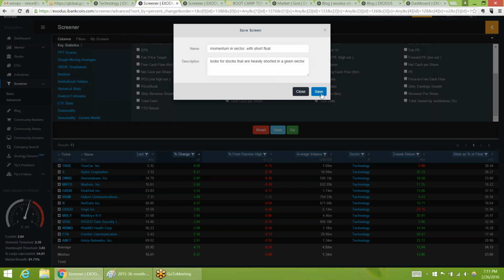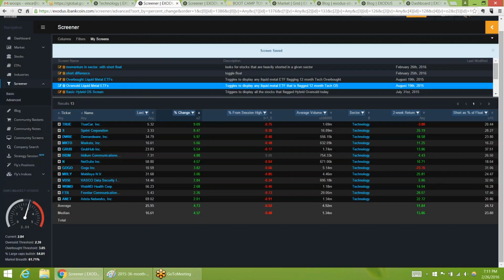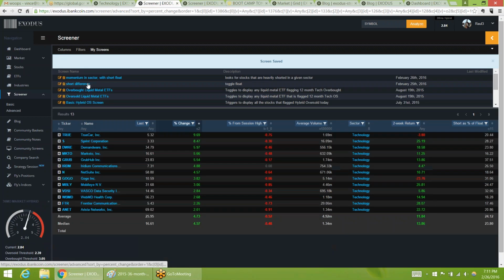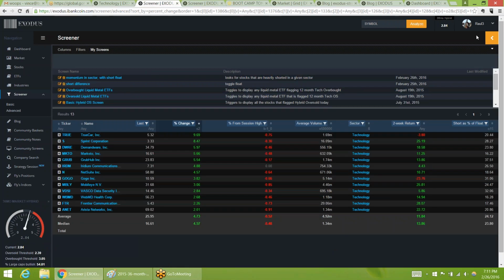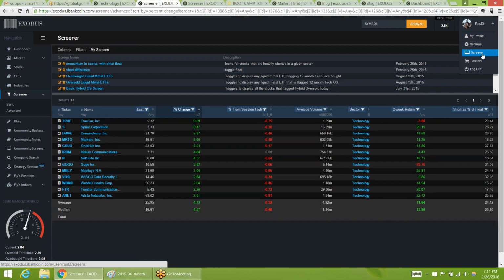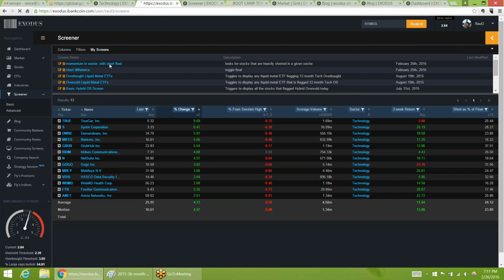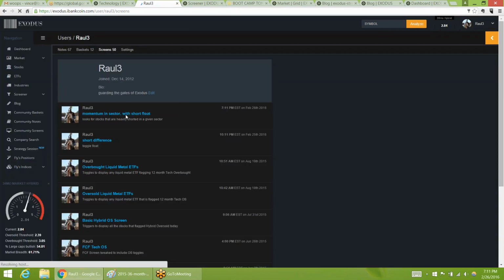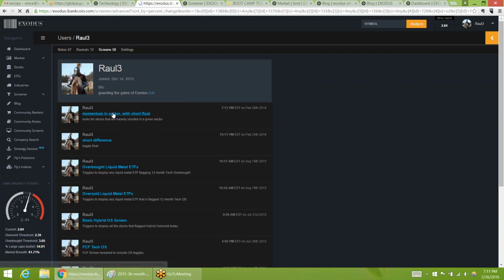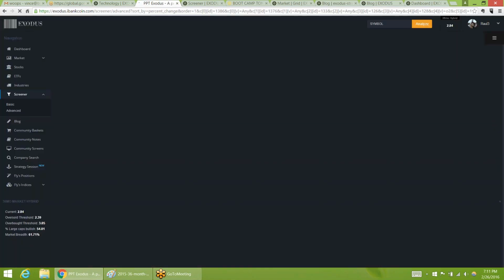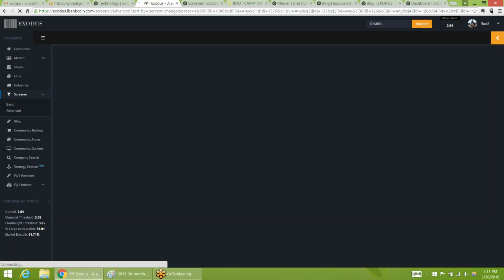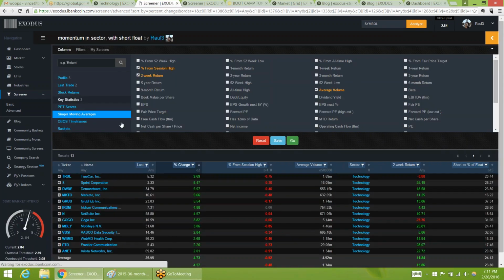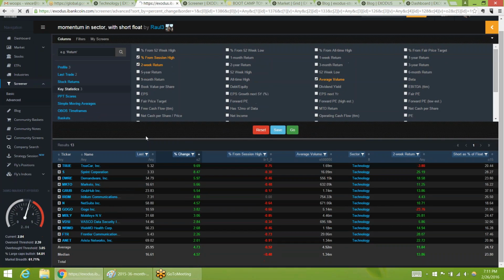And save that. So now that screen is saved. We could access it in the screener by clicking My Screens and then finding it. Or we could click our username in the top right, go to Our Screens, and it'll be right there. And this screen will always have different stocks in it because the system is continuously updating with new quotes throughout the day. And for now, you're going to have to hit Control Refresh to get this thing to continue to